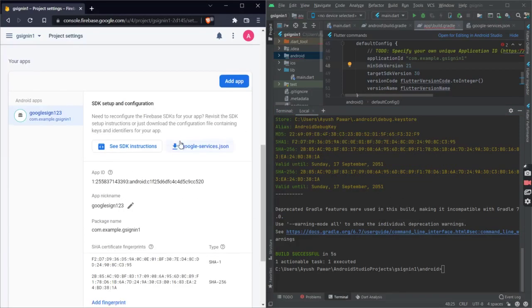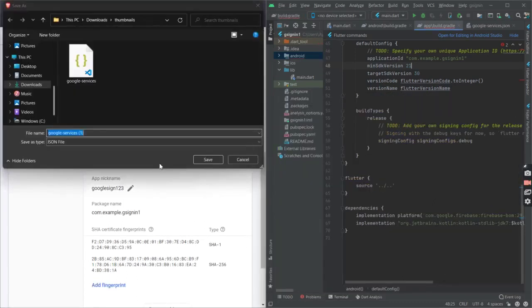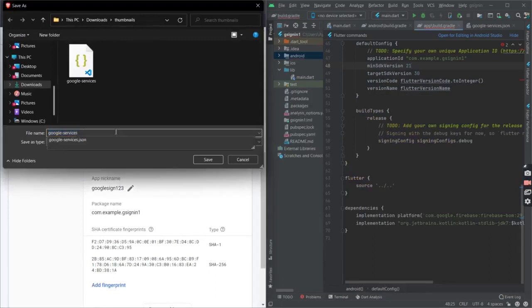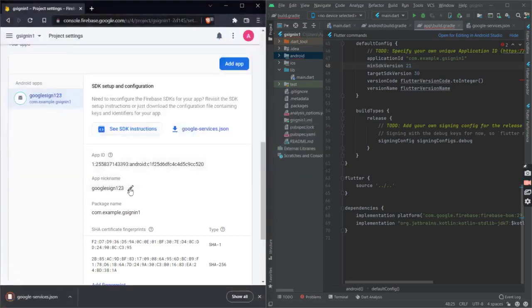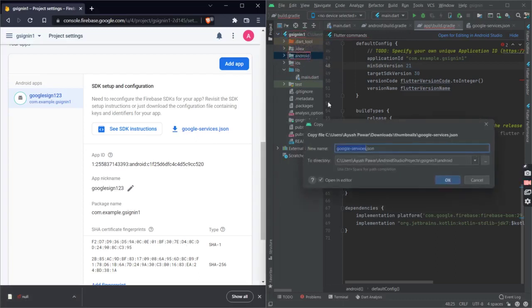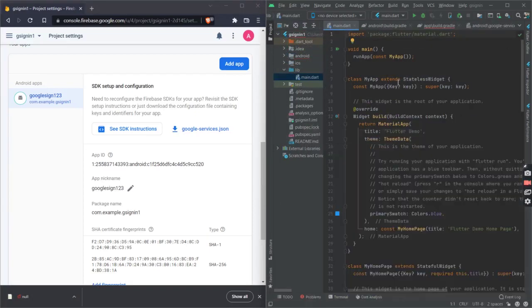So basically we have added our SHA-1 key and SHA-256 key, and yes, we have to download the google-services file once again because we have made changes to the project settings. So make sure there is no bracket 1 or 2 in your newly downloaded file, because the file name has to be exactly google-services.json. So once again, I'll drag this to my android app folder. Yeah. So we are done configuring Firebase with Flutter basically.